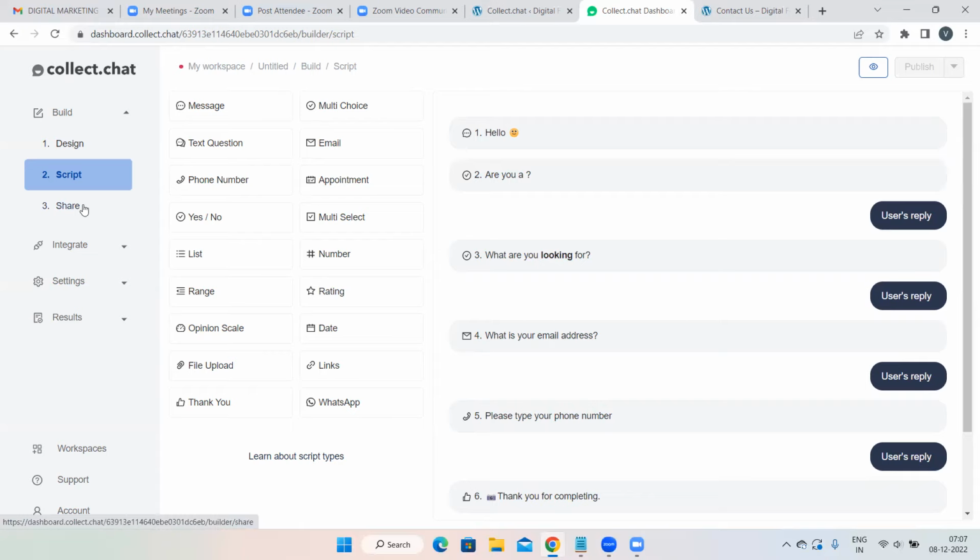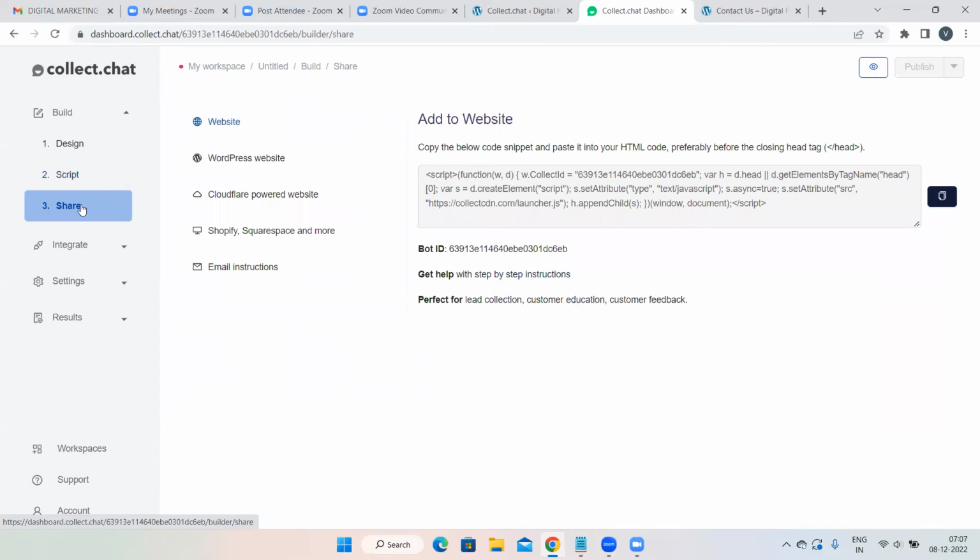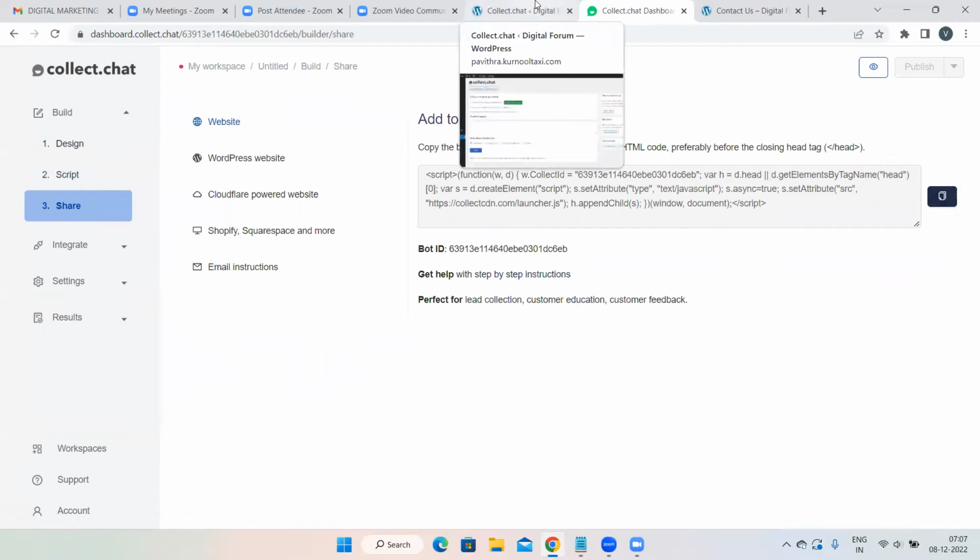Where can you see the code? Just click on the share button over here and you can see the code. Unless and until you take this code and paste it, the chatbot is not going to appear to your audience. So do not forget to paste the code. No matter how beautiful the plugins you create, if you forget this, then there is no point in creating the plugin. So copy the code from here and where you need to paste it,